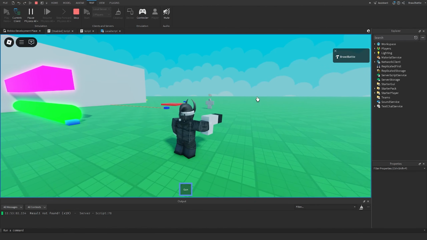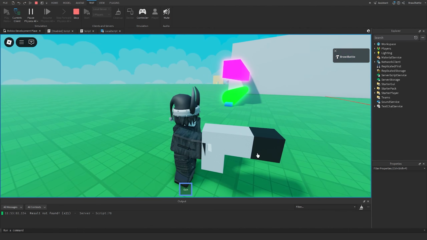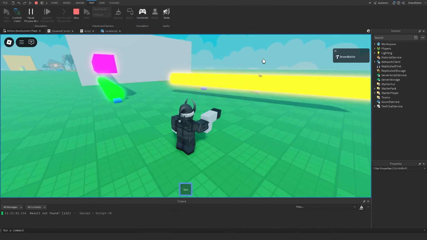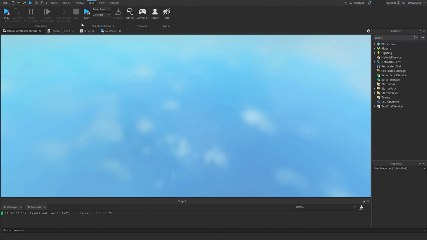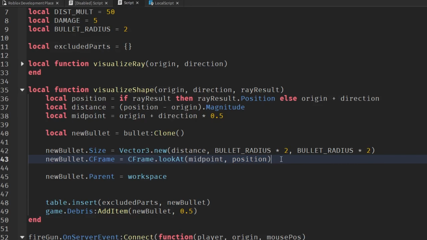But we just simply want to orient this in a way so that we can actually make the bullet fire from the point to the direction that it's trying to hit. And what we can do is just simply change the orientation of it. So if we go inside of our script, we're just going to multiply this by